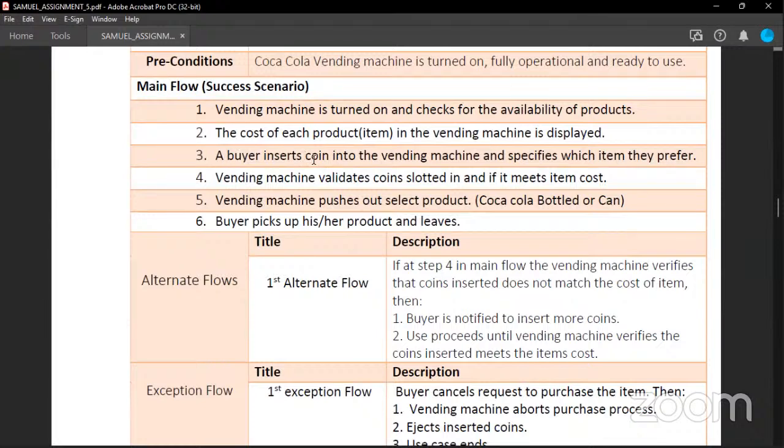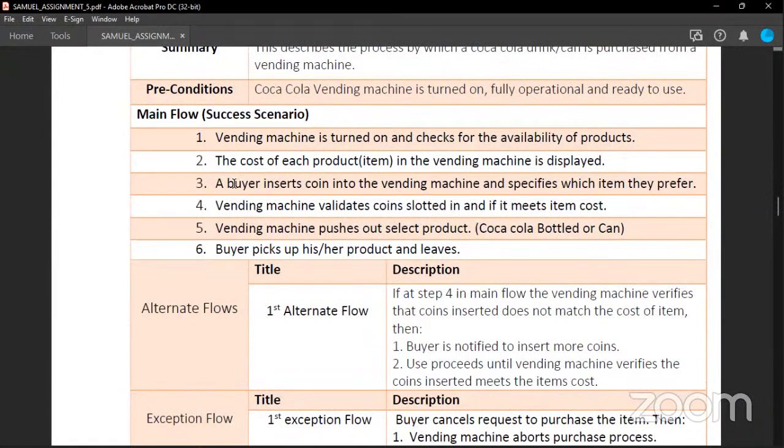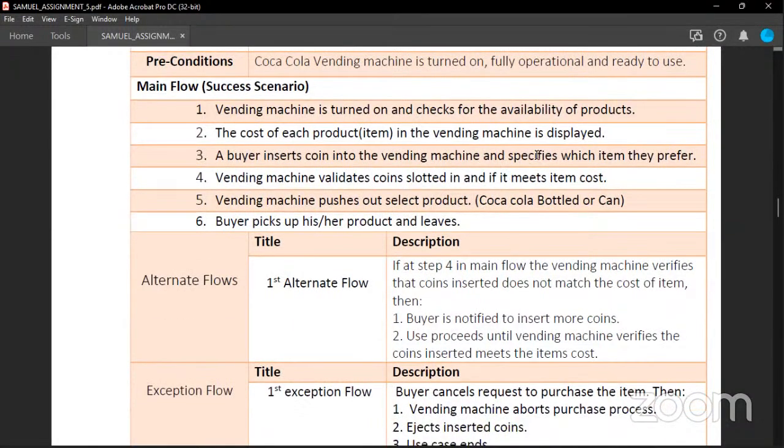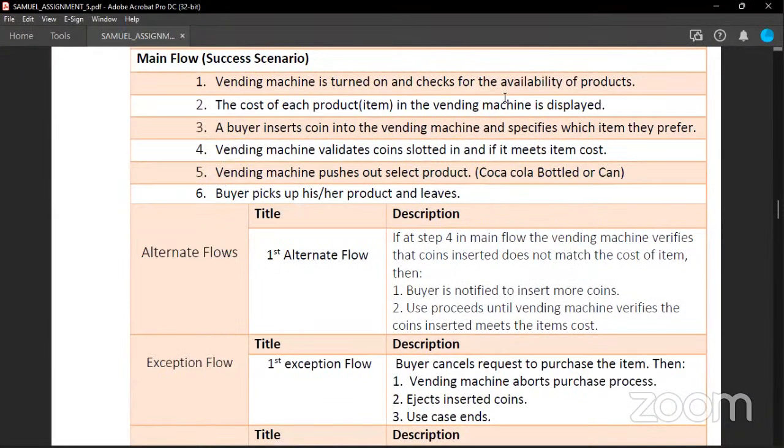A buyer inserts a coin. So here lies the case, it starts from here. The buyer inserts the coin into the vending machine and specifies which item they prefer to purchase. After it's specified, the vending machine validates the coins slotted in it. If it meets the item cost, then it proceeds to push out the selected item, which is